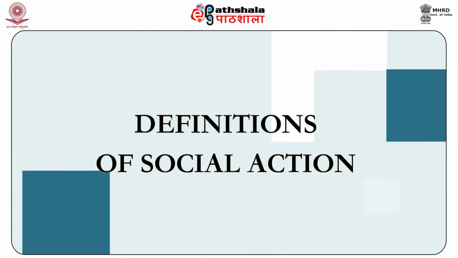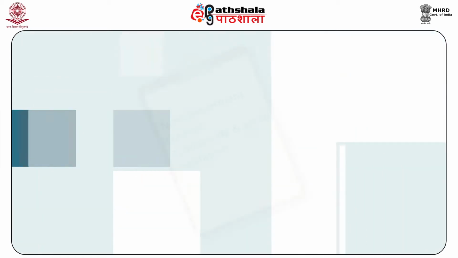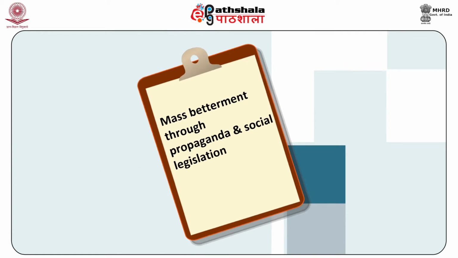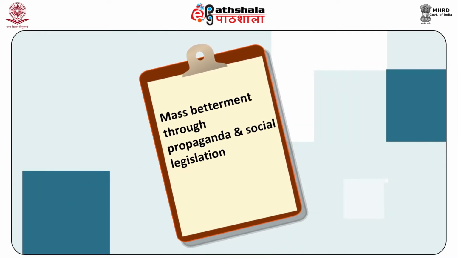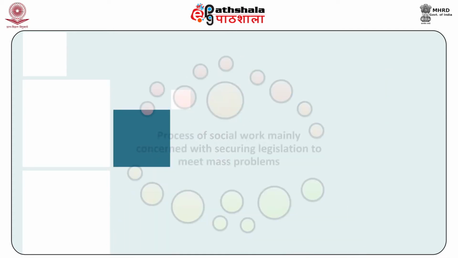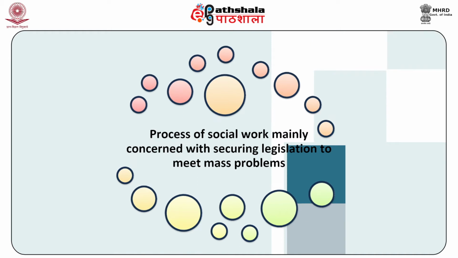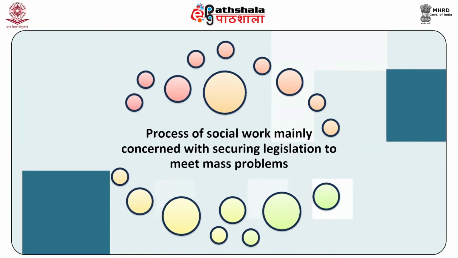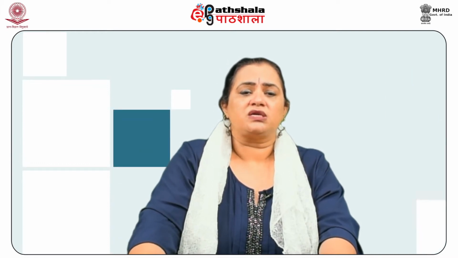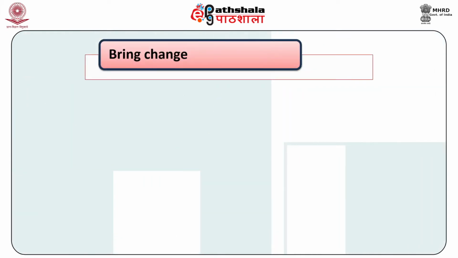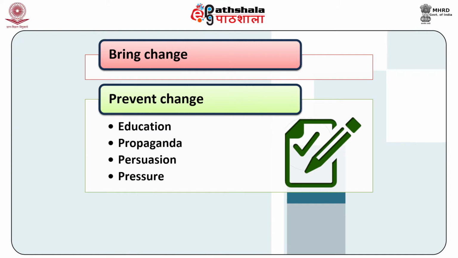Let us look at some definitions of social action. Mary Richmond, way back in 1922, defined social action as mass betterment through propaganda and social legislation. Sidney Maslin, in 1947, viewed social action as a process of social work, mainly concerned with securing legislation to meet mass problems. Arthur Dunham in 1958 defined social action as efforts to bring about change or prevent change in current